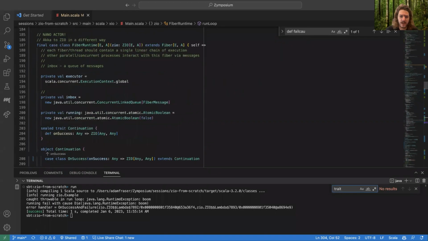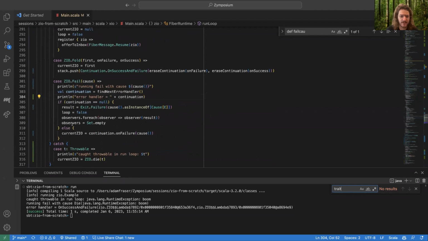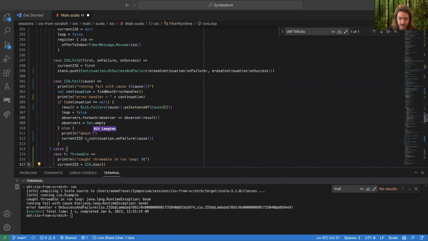I think we want to go to the run loop, the fail node. So continuation should not be null. So we're going to set the current failure to be on. So print line about to call on failure, and then print line